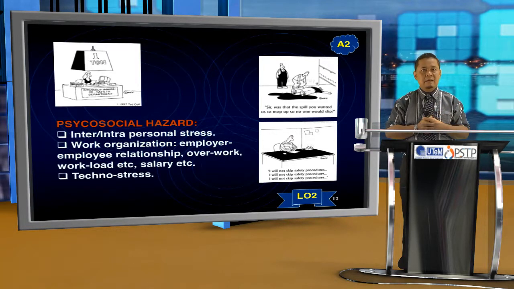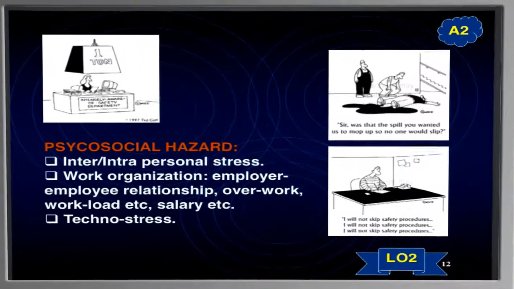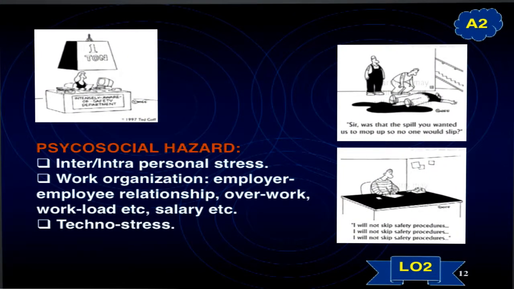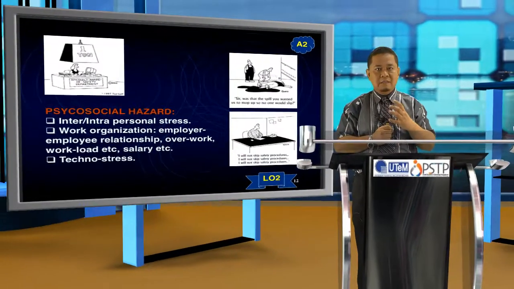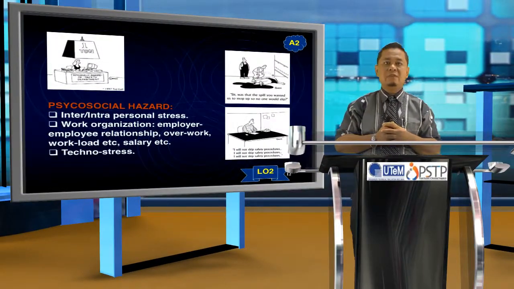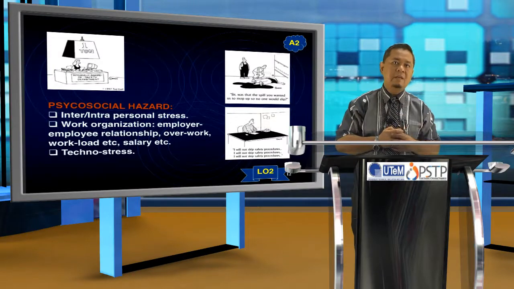Now, for example, in Japan, there is a condition called karoshi syndrome. What is karoshi syndrome itself? Karoshi syndrome means young executives and young workers who work overloads of more than 24 hours. But after that they die from low blood temperature. This really happens in industrial countries. It might happen in Malaysia.